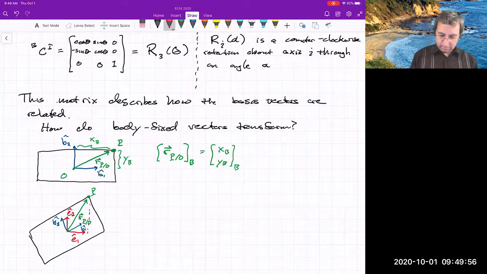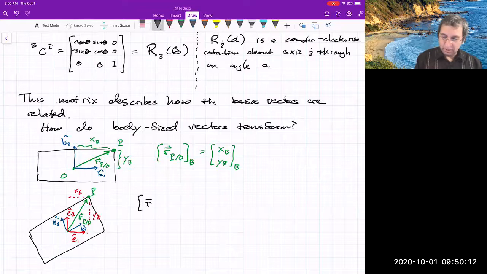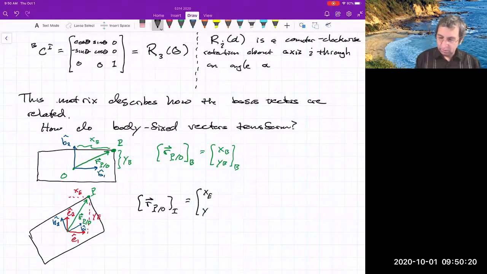So clearly, this is XE and YE. I'm writing the components of this. It's the same vector, but seen in a different frame. So what is that? Let's write it, R_PO with respect to the inertial frame, this is XE, YE, with respect to the inertial frame, equals,